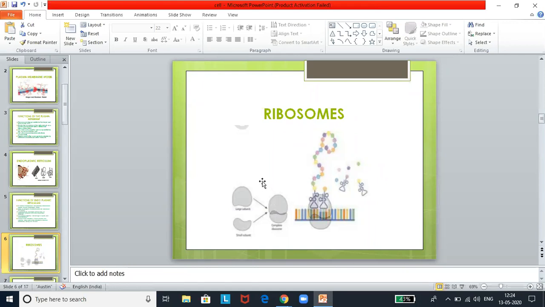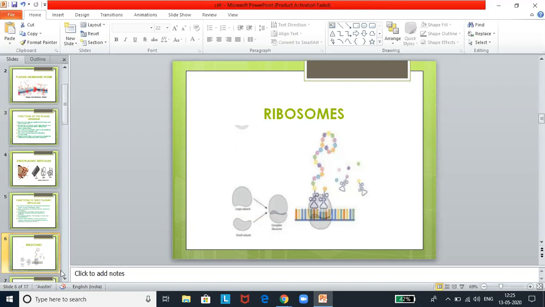They are made up of proteins and ribosomal ribonucleic acid in almost equal ratios. They are found either freely scattered in the cytoplasm, or they will be found attached to the endoplasmic reticulum, and they vary in number. The 80S ribosomes will have a larger subunit of 60S and a smaller subunit of 40S. The ribosomes remain attached to the endoplasmic reticulum through the 60S subunit. The 40S subunit occurs on the large unit and it forms a cap-like structure.